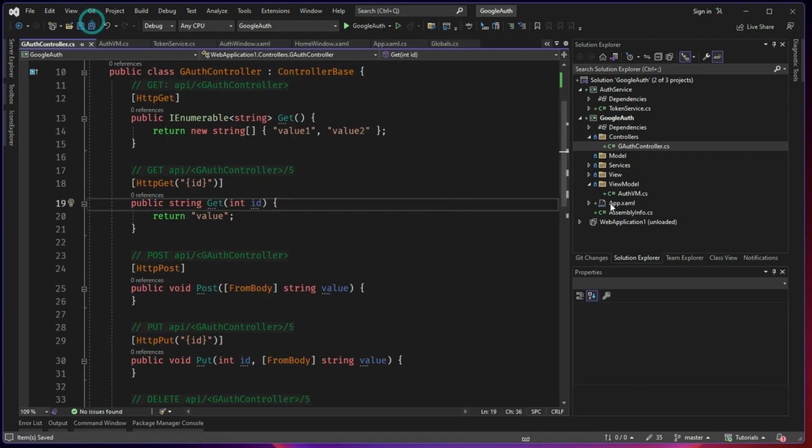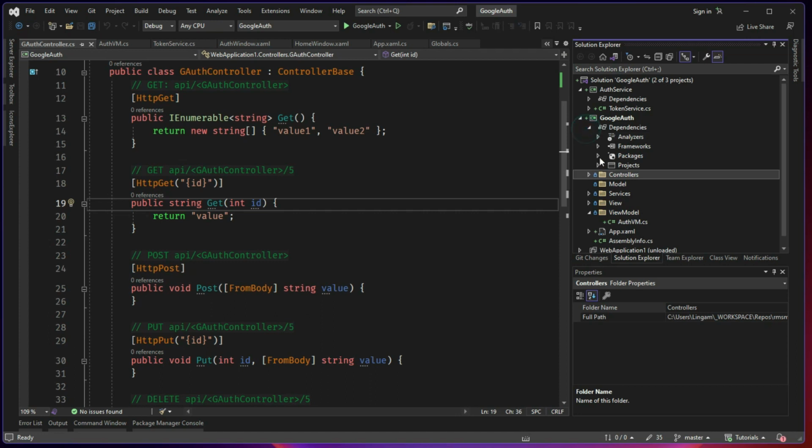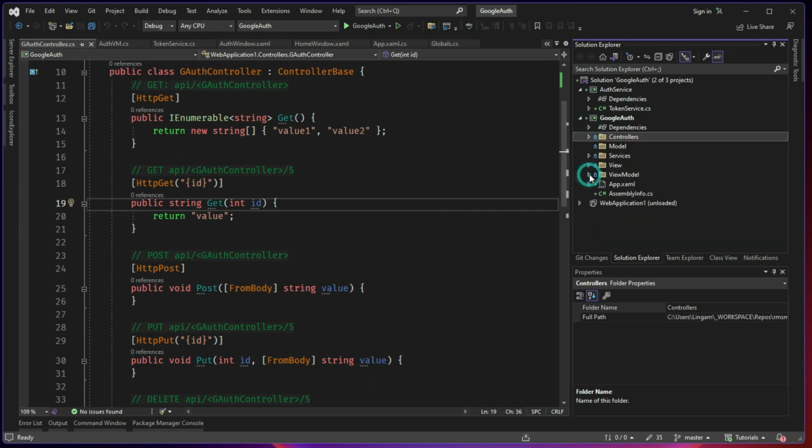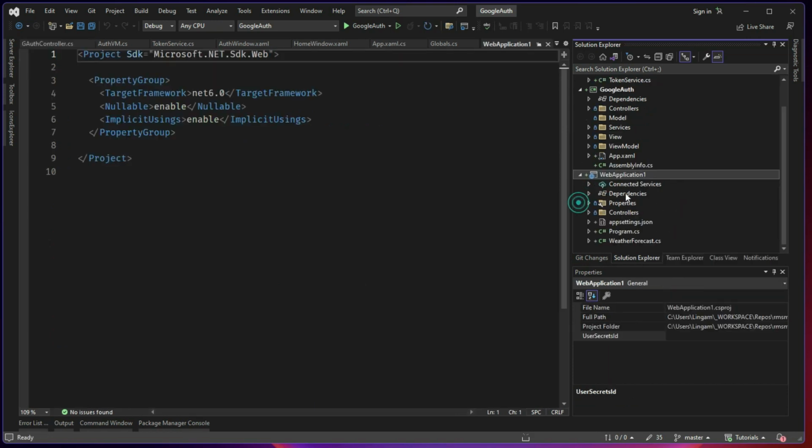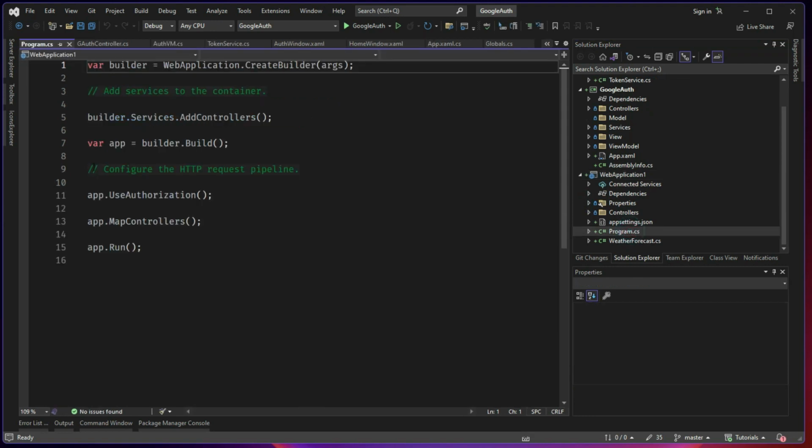So to do that, first we already have added our package Owin, which means that it will work fine. Now there are two steps. Let me reload it just to show you how a web API works. In a web API, when we go there, we have a very important thing called